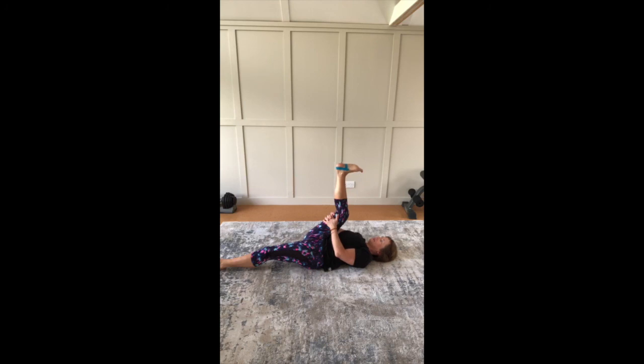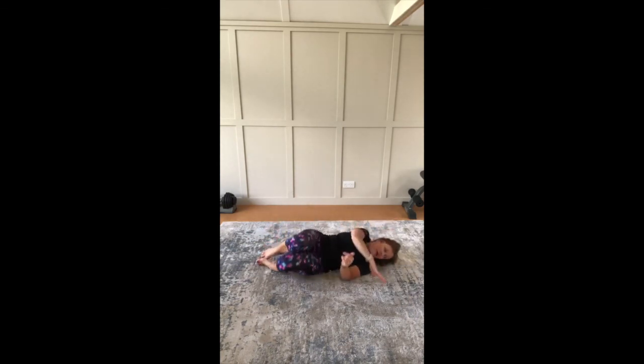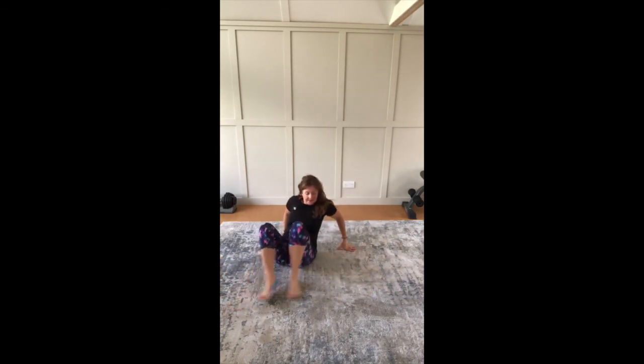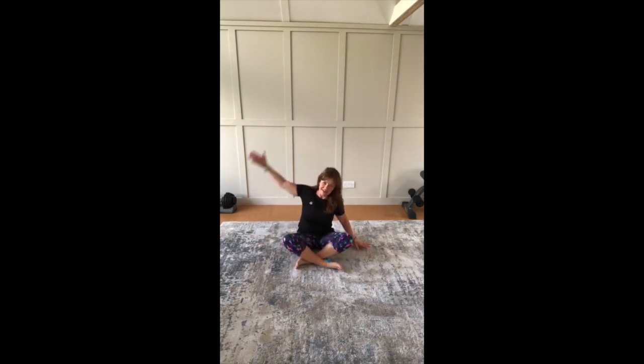Check out your neck. Make sure you're not gripping with your jaw or frowning or holding any unnecessary tension. And then just relax that knee and step your foot down. When you're ready, you're going to make your way over, roll onto your side, take your time to bring yourself up into a seated position. And here we are again. Just sit comfortably. Just get used to being upright, and then take a side bend over, and then the other side,